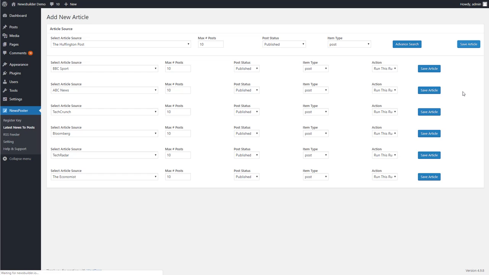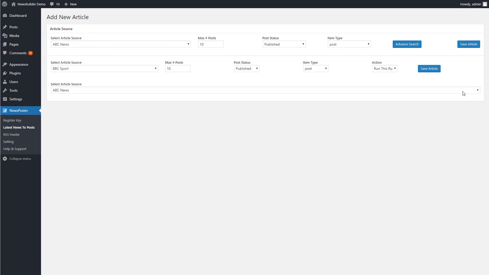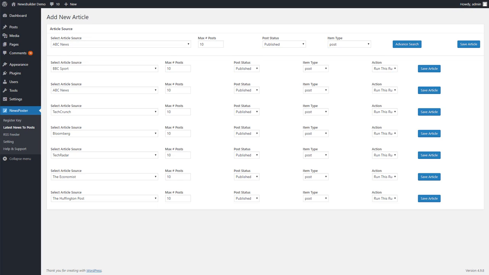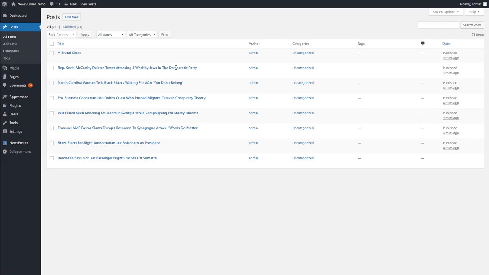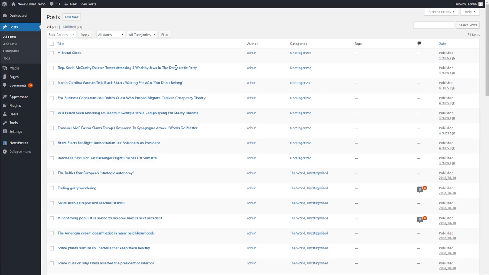And you can see it's going out and actually getting the articles right this very second. It's getting the absolute latest news that is posted to the Huffington Post right now. So if we head over to the post section, you'll be able to see the articles that were just posted. Let's go ahead and load that up. And as you can see, there has been around 10 posts that have been added to our website. Currently, they're not categorized as I didn't select one